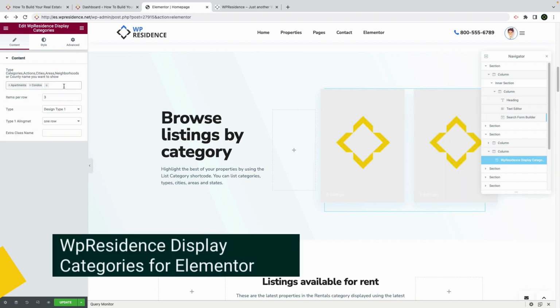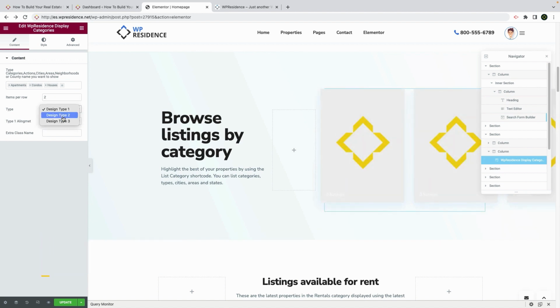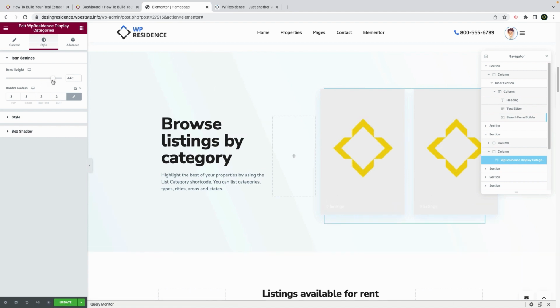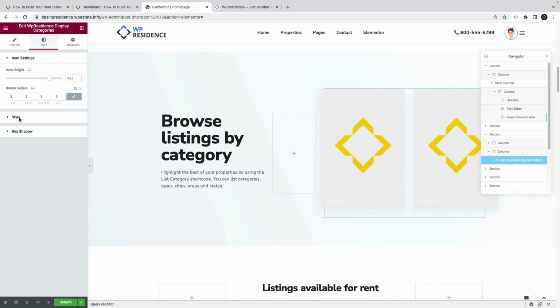The next element in the demo is the display category shortcode. First, I select the shortcode, and then I choose which categories I wish to show. The list of categories will auto-populate with the categories, cities, areas, states you add in admin dashboard. I will save the edits done so far and move to admin quickly